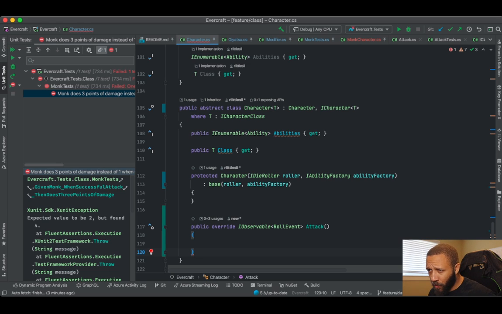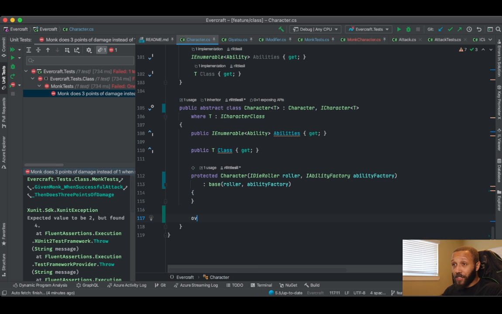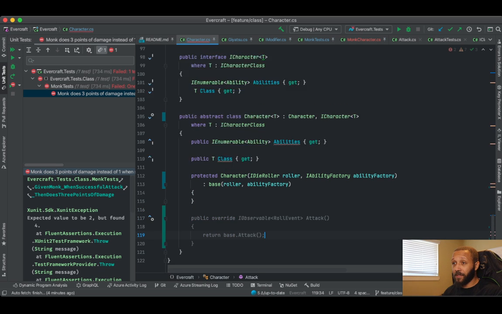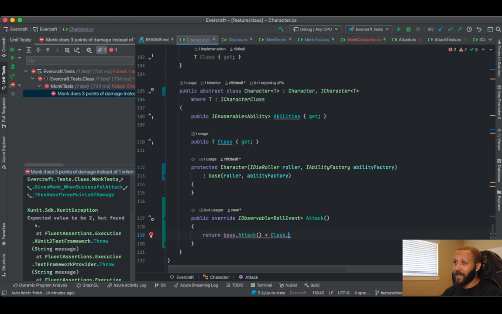So we override it, and then we would do... But if we do, we could return the base plus the modified. So we could really just do return base. Well, let's get the IntelliSense to generate it for us because it makes it easier. All right, so return base plus class dot